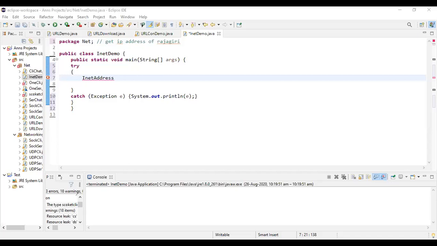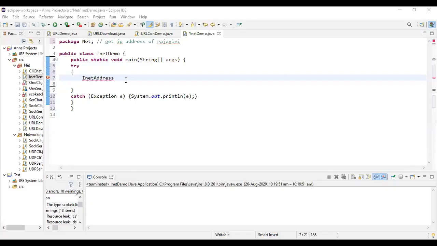Okay, I had not shown my methods in PPT, it wasn't there. Anyway, we learn by doing. Now, to get the address, you have a method called getByName. Okay, if you use the method called getByName, you will be able to get an address so that you can find the IP. Now let's see how to use the getByName method.